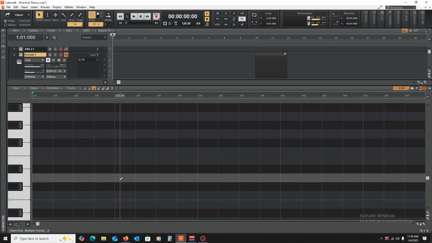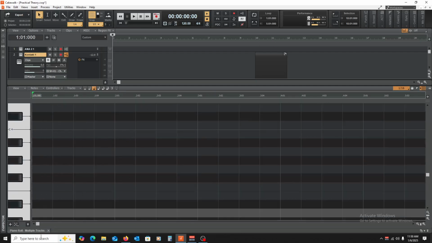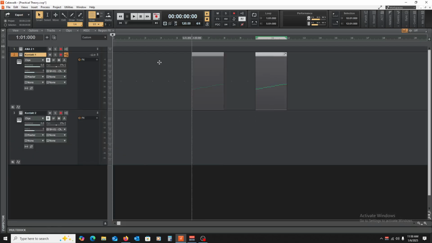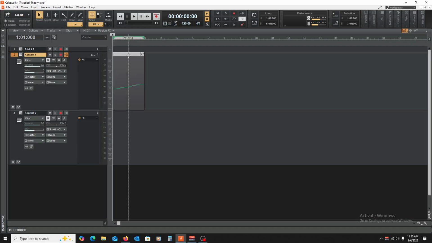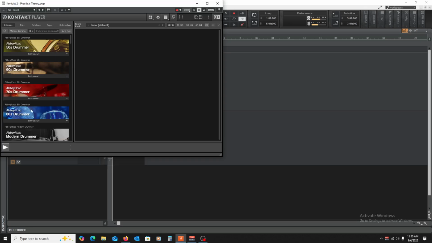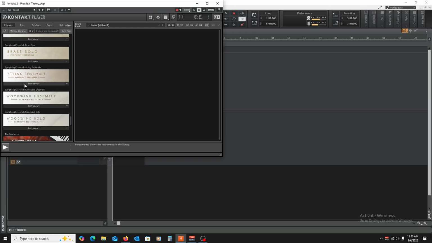So this is a C major scale. And if you've watched previous videos, you should be able to know what that is and why it is. But anyways, that's our C major scale. We're just going to copy paste it, and we're going to choose a different instrument, maybe a violin.